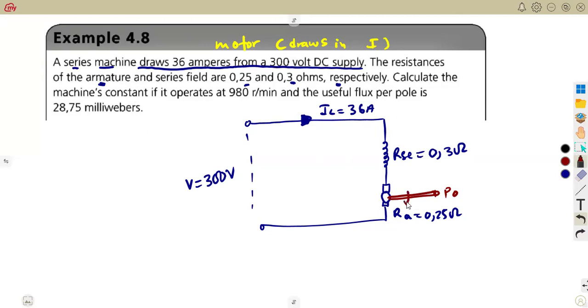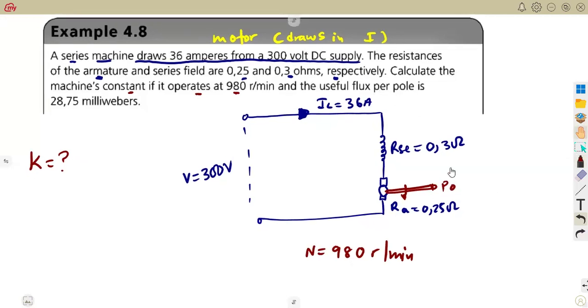All right, remember this is the rotation there. They want you to calculate the machine's constant if it operates at a speed of 980 revs per minute, and the useful flux per pole is